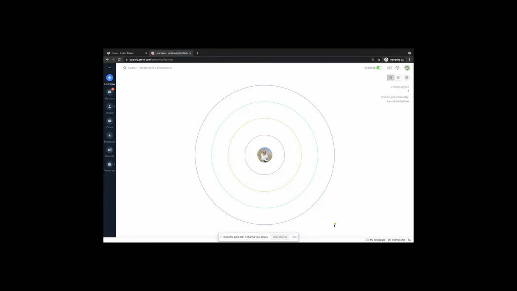This little star that you see on the screen denotes a cold visitor. So the visitors who do not match any prioritization criteria that has been set will be classified as cold visitors. So they are displayed as stars outside the rings in ring view and under the cold visitors tab in list view. So when you click on these stars, you'll be redirected to the proactive chat window or the visitor tile,